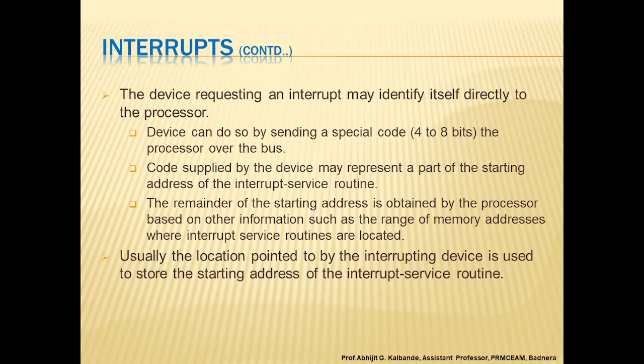Now, in terms of the interrupt, the device requesting an interrupt may identify itself directly to the processor. First, the device can do so by sending a special code, like a 4-bit code or an 8-bit code, and that code is sent over the bus. This code supplied by the device may represent a part of the starting address of the interrupt service routine. The remainder of the starting address is obtained by the processor, based on other information